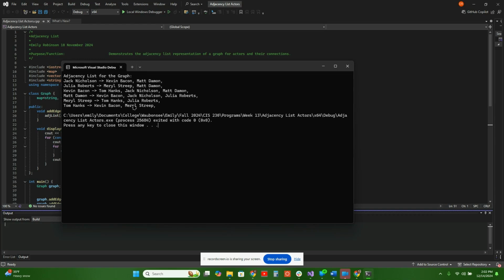So why is this useful? The program illustrates how graphs can represent real-world networks like movie collaborations in this case. And the adjacency list format is efficient, especially when the graph has many vertices but relatively few edges. It's a practical way to work with networks in fields like social media, logistics, and you guessed it, movie trivia. All right, so give it a try by adding more actors and connections and see how the graph grows,